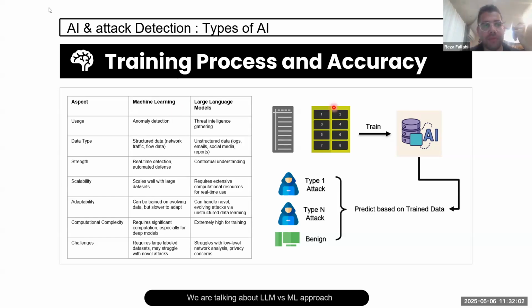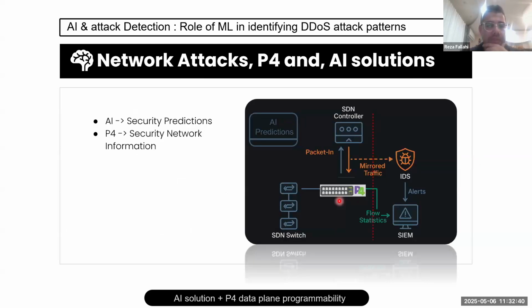So here's the whole idea. Suppose we're using machine learning here. We're going to train it on the overall data set and the information we've gathered, specifically through the P4 data plane processing. We're going to train the model either live with the information that the P4 switches are giving us, or beforehand with the data set we previously have. Then we're going to predict, based on that information, whether it's a type of attack or a benign user. The overall schema will look something like this.